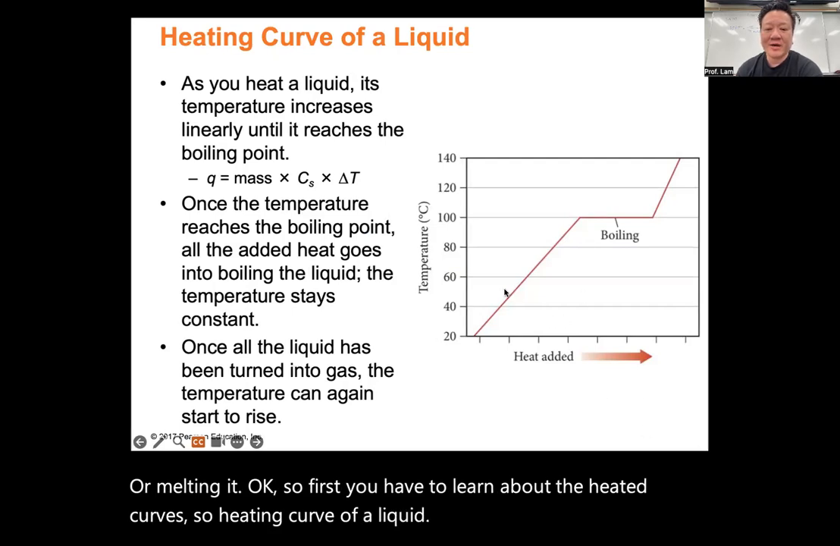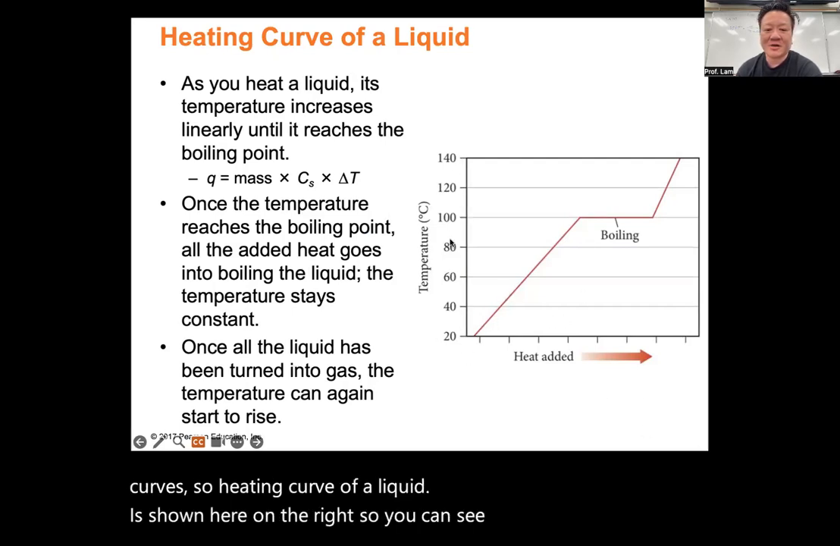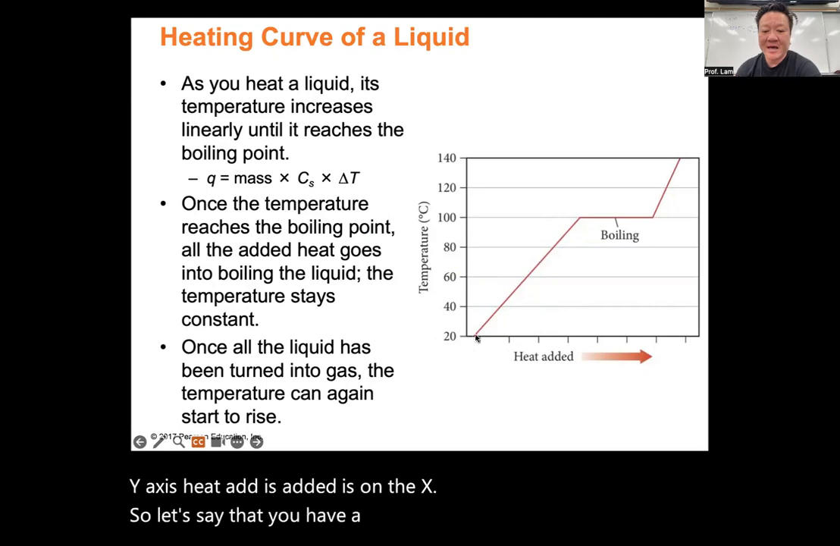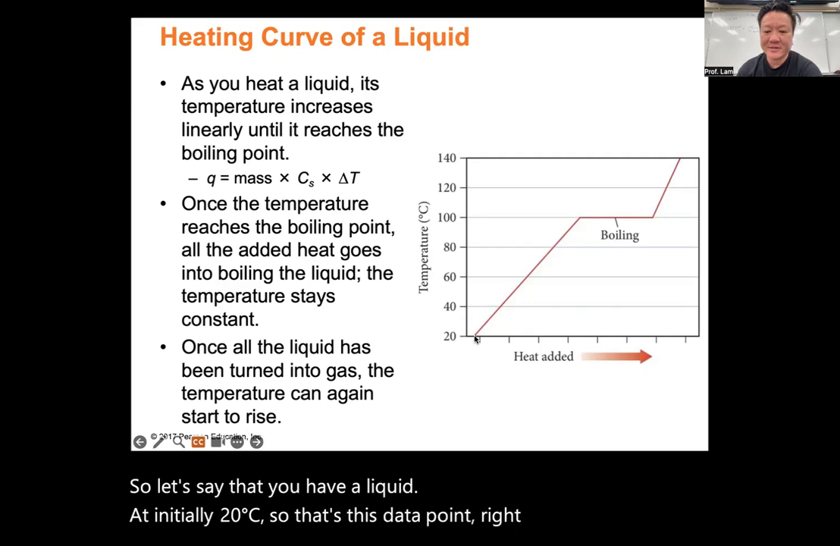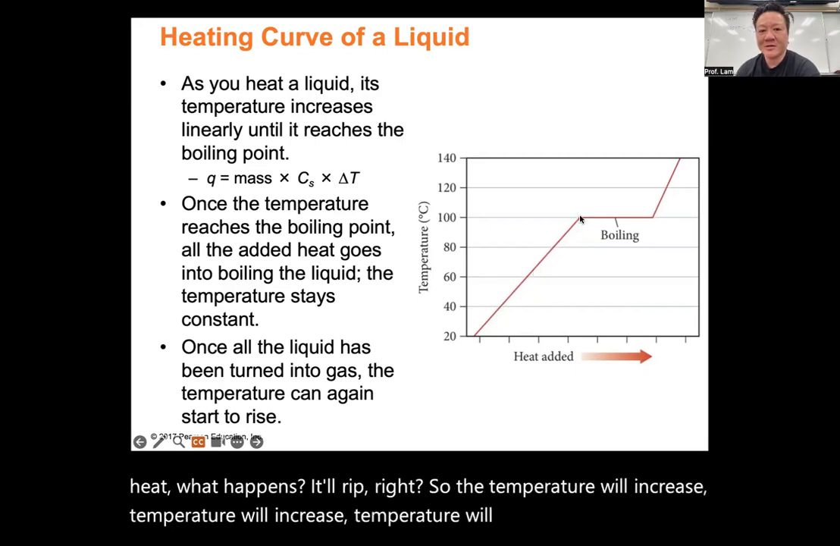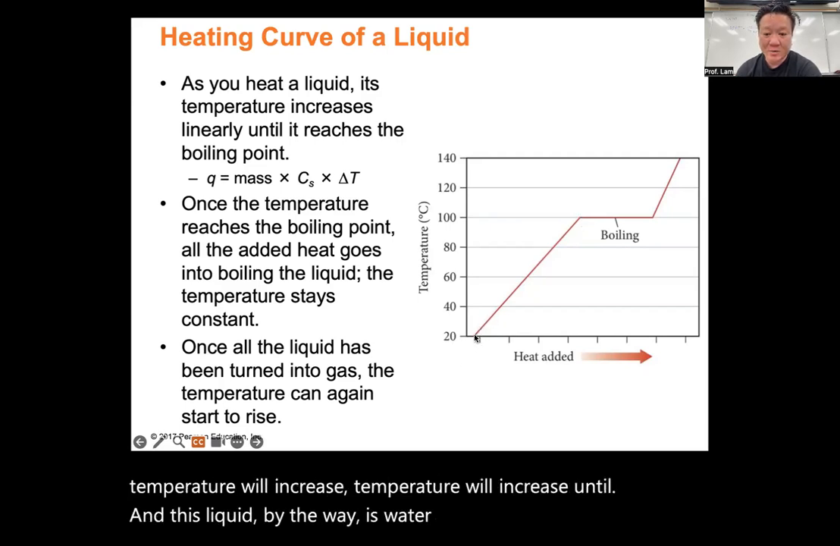is shown here on the right. So you can see that temperature is on the y-axis, and heat added is on the x-axis. So let's say that you have a liquid at initially 20 degrees Celsius. So that's this data point right here. Okay. As you add heat, what happens? It'll ramp, right? So temperature will increase, temperature will increase, temperature will increase until, and this liquid, by the way, is water. Okay. So water at 20 degrees Celsius gets heated up, and then all of a sudden